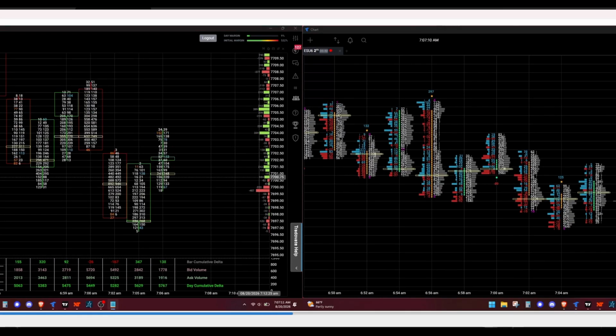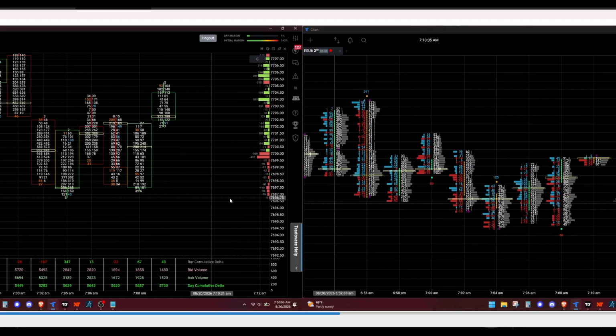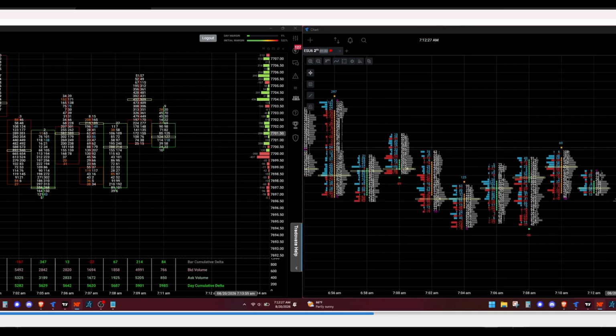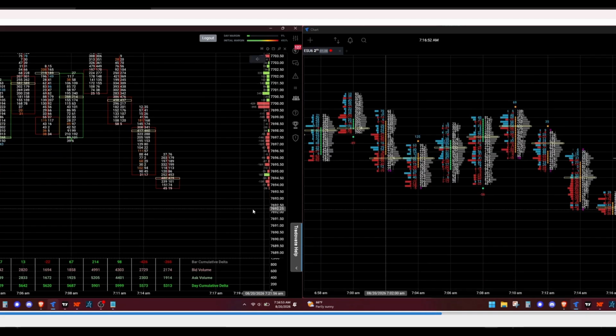And even when it breaks the lows, now I'm at break even. I'm up 11 points here, so I put my stop to break even, but yeah, another delta divergence, another rally up. And I'm very nervous here, but you know, if I stop out at break even, I'm fine with it. I have an earlier loss, but I just accepted my loss for the day. And yeah, every pop seems to be getting sold into and absorbed by the sellers, so that was pretty good. My target was 76.92,